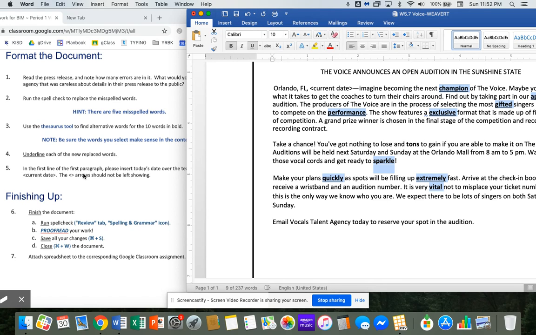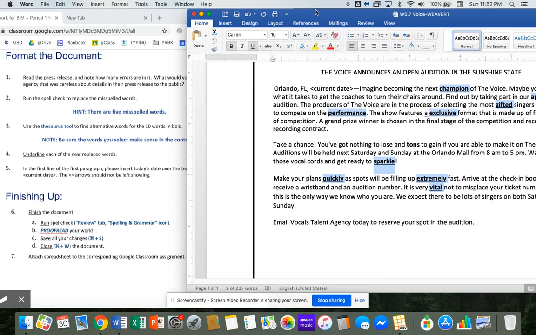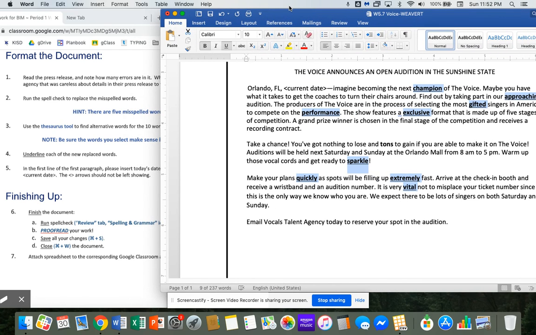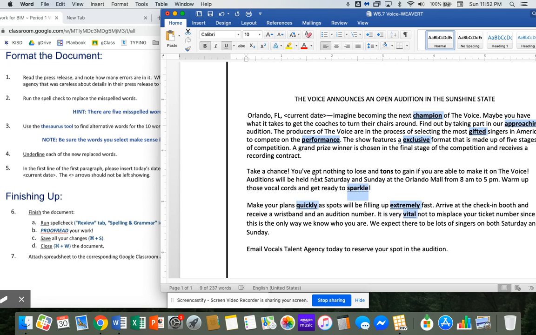In the first line of the first paragraph, please insert today's date over the text that reads current date. The little arrows should not be left showing. All right. It just depends on the style. Some leave them and some do not. So since our directions say we're going to take them out, here again you can use Shift-Control-D and just insert